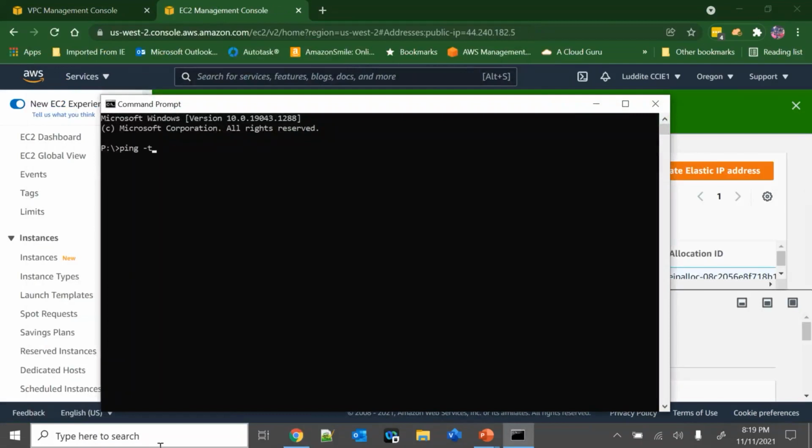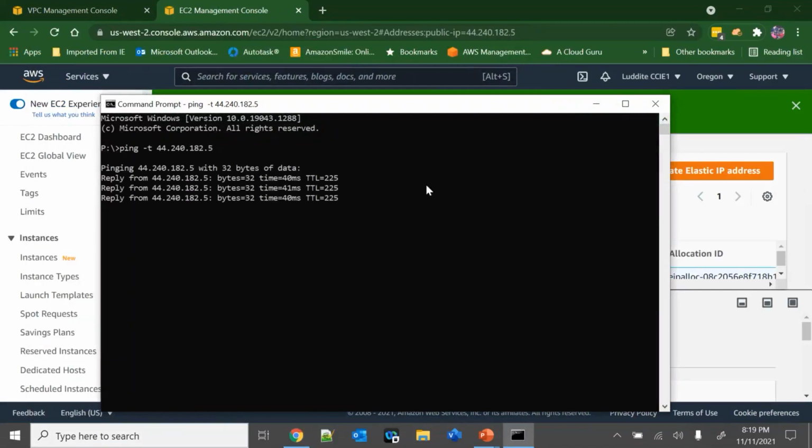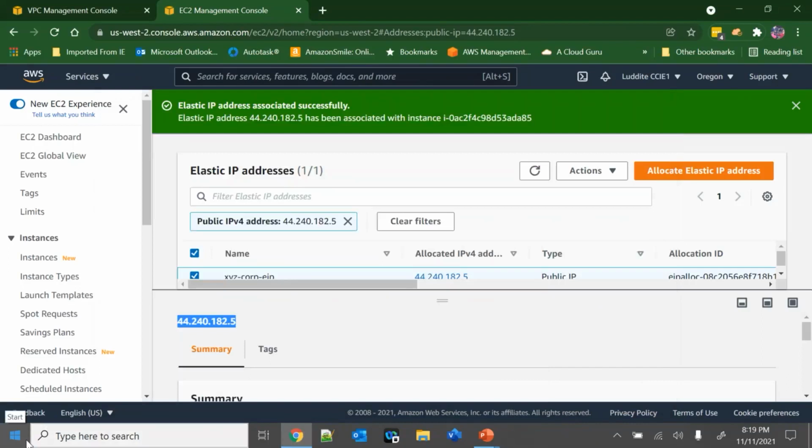Probably okay at this point, as long as I didn't do anything wrong. And it looks like I didn't. Okay, so yeah, I can ping this. And now if I wanted to SSH in,